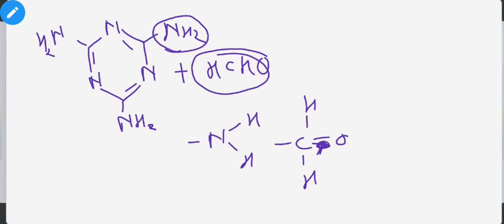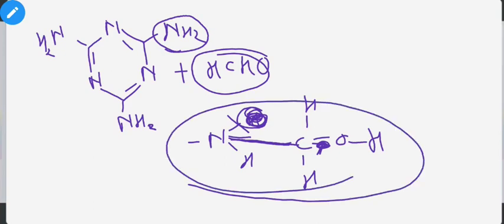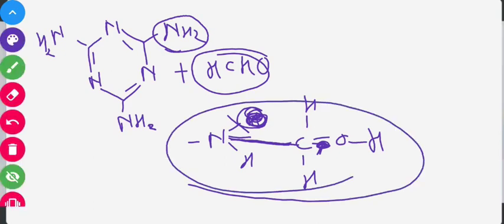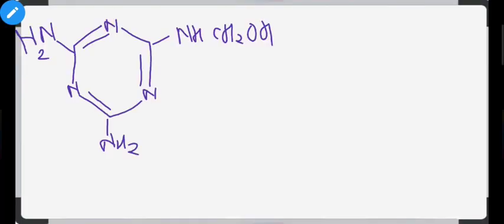That means carbon needs one bond formation, oxygen needs one bond formation. Nitrogen will break its bond with one of the hydrogens. So hydrogen will be removed. So nitrogen needs one bond, and the removed hydrogen also needs to connect with someone. So hydrogen will combine with oxygen and nitrogen will combine with carbon. So you will get this type of intermediate compound. So in the first step you will get this type of intermediate.